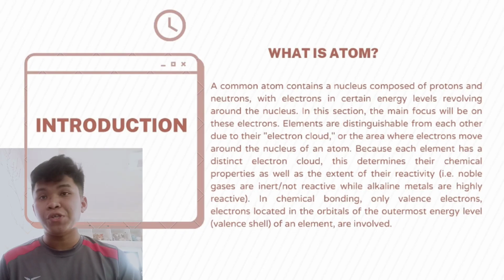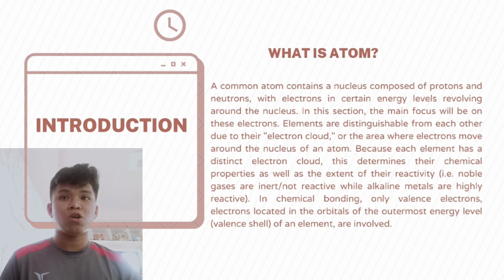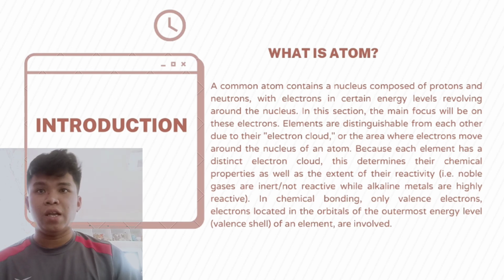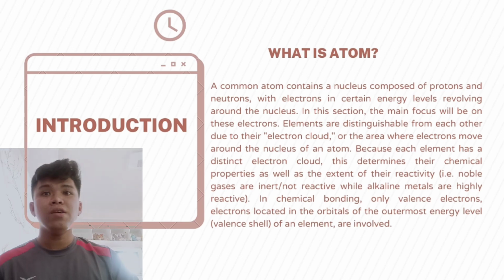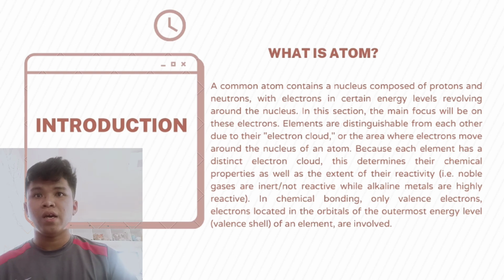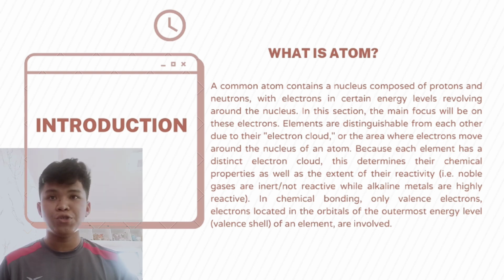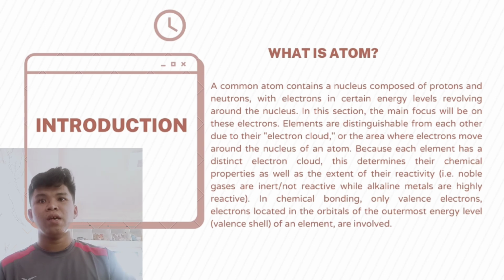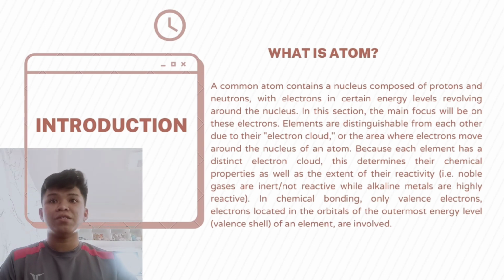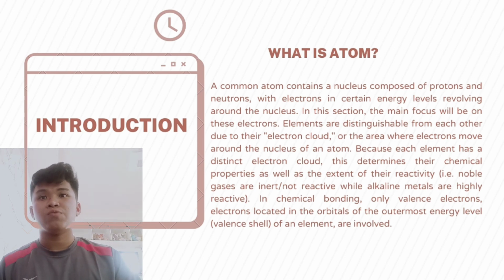So let's continue to the atom, students. A common atom contains a nucleus composed of protons, neutrons, and electrons. In this section, the main focus will be on these electrons. Elements are distinguishable from each other due to their electron cloud, or the area where electrons move around the nucleus of an atom. Because each element has a distinct electron cloud, this determines their chemical properties as well as the